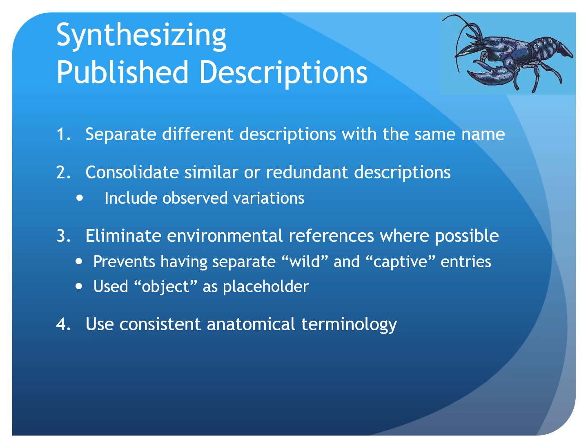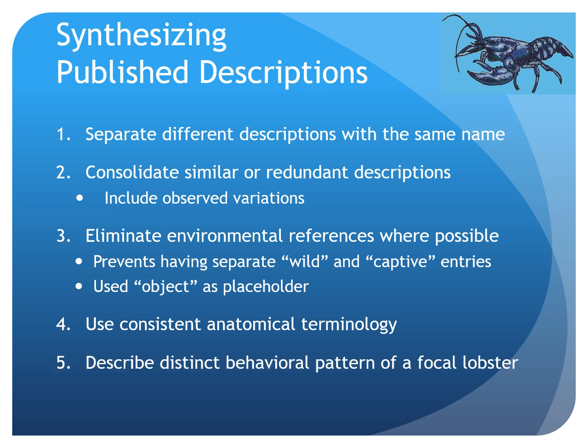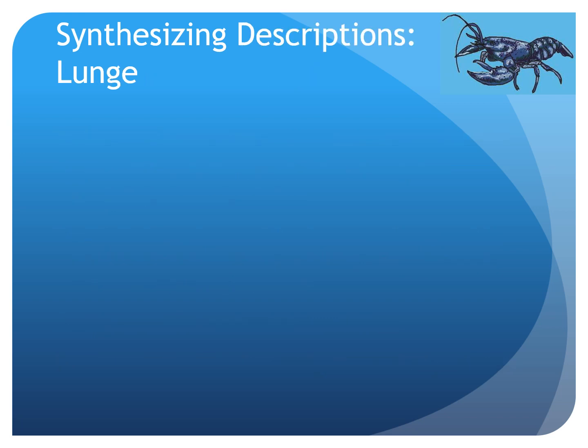Fourth, consistent anatomical terminology will need to be used to make each behavioral description as clear and comprehensive as possible. And finally, some behavioral descriptions had to be rewritten to ensure that it describes the behavior of a single lobster. In some cases, I had to break up published behavioral descriptions into several separate descriptions in order to maintain the focal animal requirement. To illustrate these 5 steps, I will walk you through the process using the behavioral sequence lunge